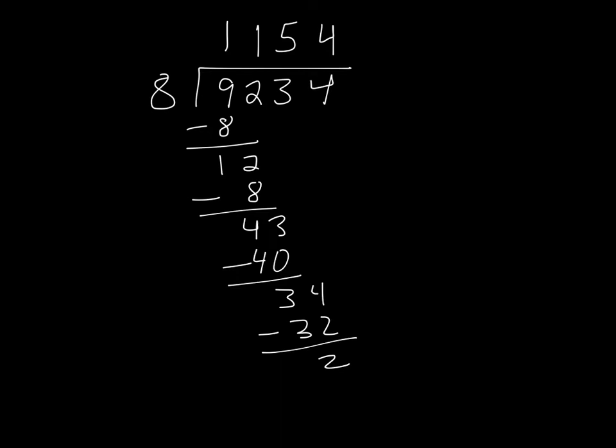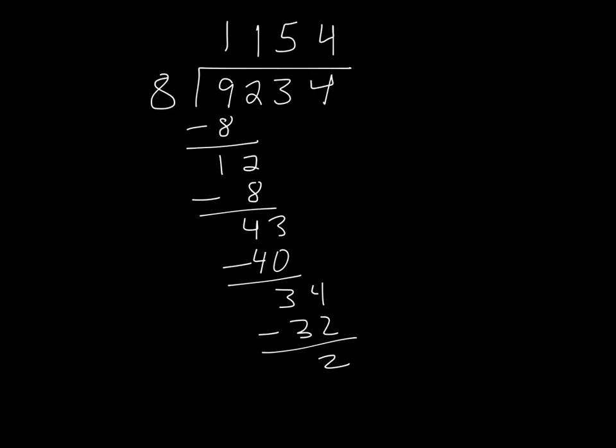And back when you first started doing this, back in who knows what grade, 5th grade, 4th grade, whatever it is, you would sometimes just write remainder 2. But then as you moved along in math, you realize we don't want to write remainder 2. We write 2 over whatever that original divisor was, 8. So it'd be 2 over 8. So you'd write